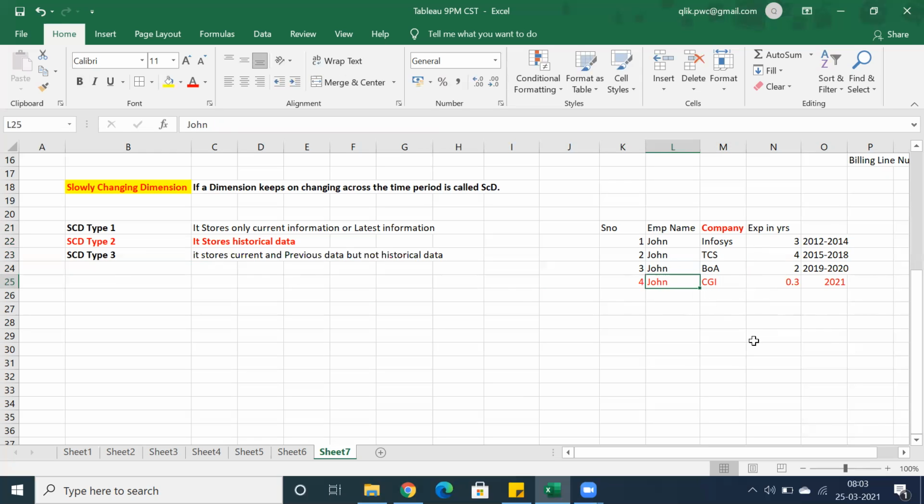And let's say you have some status, right? Let's take an example like loan status. Let's say you have a loan and the loan is not approved yet.